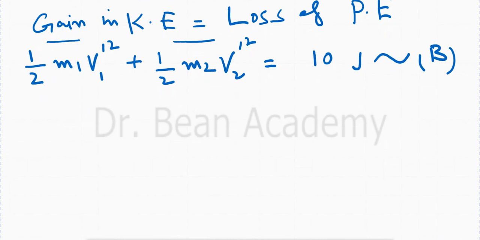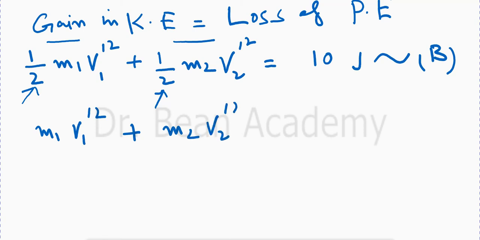Before that, let me get rid of these twos in the denominators. First I multiply this whole equation by 2, and the twos on the left side will vanish, and it will become m1 v1 prime squared plus m2 v2 prime squared is equal to, now this 10 will be multiplied by 2, it will become 20